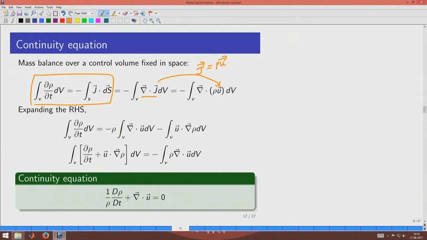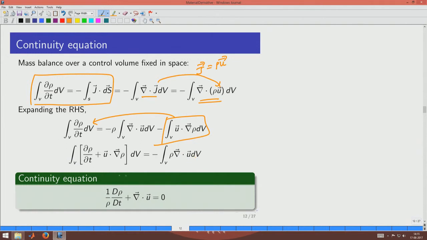Okay. So, we have the expression with the velocities on the right hand side. We then expand this. There are two quantities which are going to be operated on by the Nabla operator, so we operate one at a time. We have two terms here. Take rho out, it operates on u, and take u out, it operates on rho. And we take this term to the left hand side, and because both are integrations over the same control volume, we are able to put it inside, and on the left hand side you have dou rho by dou t plus u dot nabla rho dV is equal to minus rho nabla dot u dV.